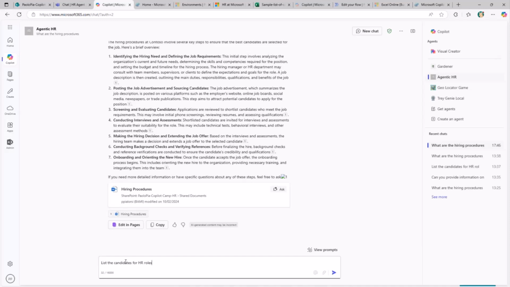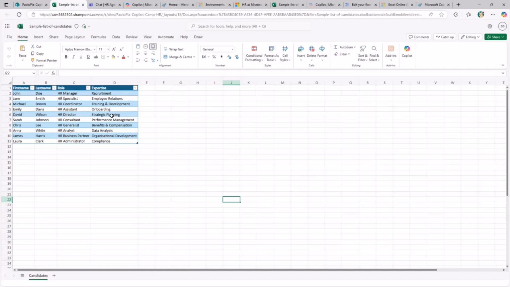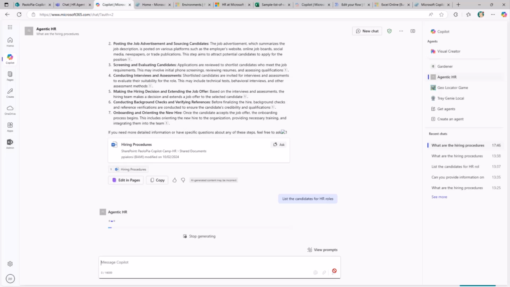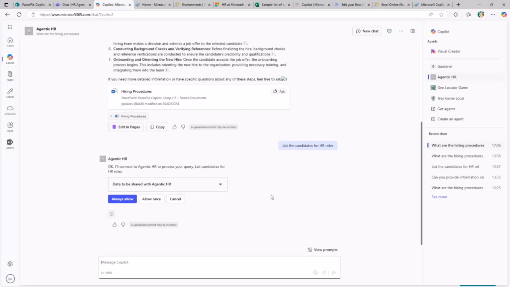For example, here I can trigger actions. Let's say that I have in my SharePoint Online site a hypothetical list of candidates, which is an Excel spreadsheet with a list of candidates for a specific role. I can ask my Copilot agent to give me the list of candidates so that I can build an advanced solution where I can manage the members of this list. And of course, by being able to consume this list, I will be able to get back all of those items.